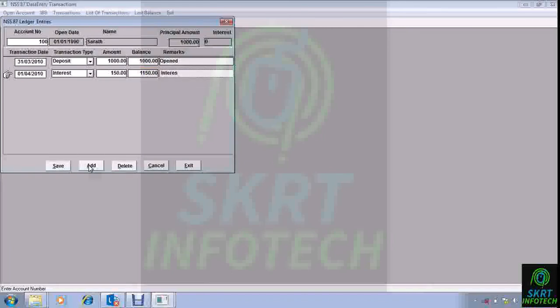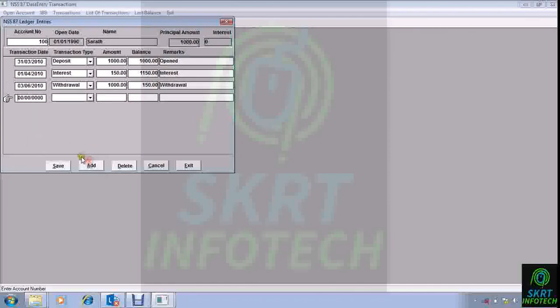You can give interest. Next one, you can add, give some withdrawal from some date. The balance is automatically calculated. You can give withdrawal, and then you have to add another.